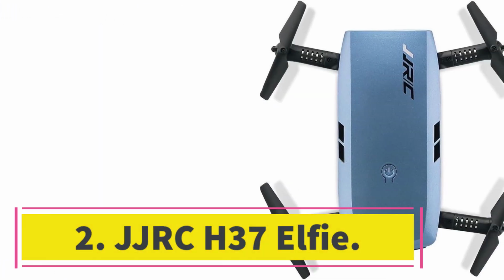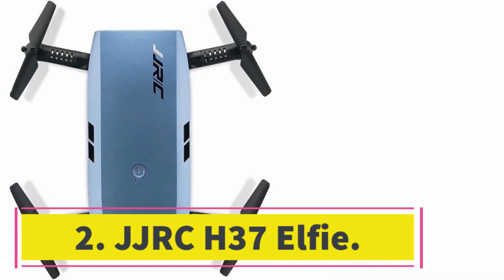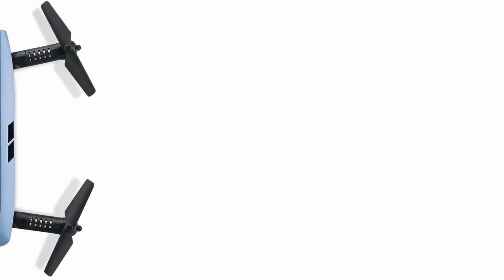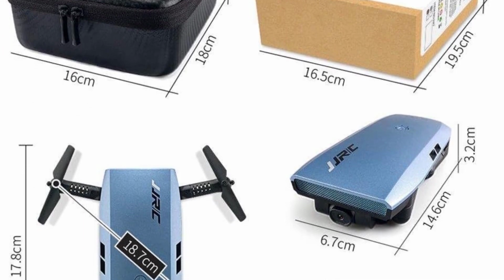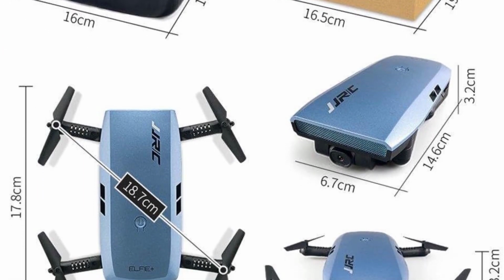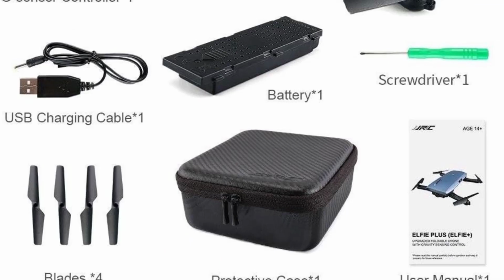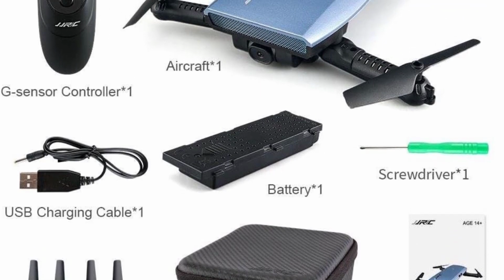Number 2. DJI H37 Elfie. If you are looking for the cheapest selfie drone, then the DJI H37 is by far the best option. Not only is this one of the cheapest drones overall, it actually performs rather impressively and is particularly handy at taking selfies. A 2MP 720p HD camera sits on board the H37's 13.5 cm long unfolded body,